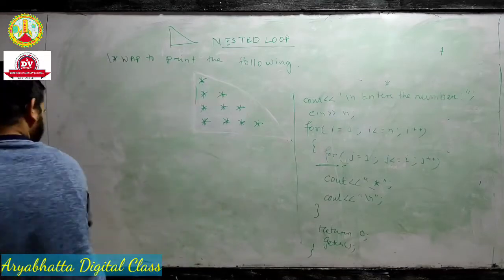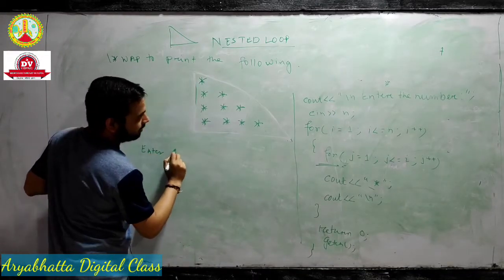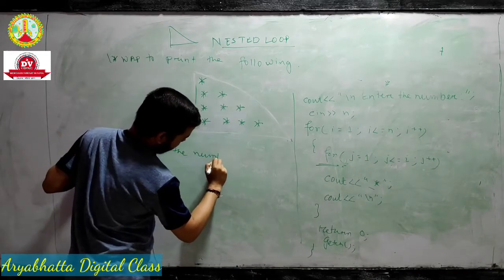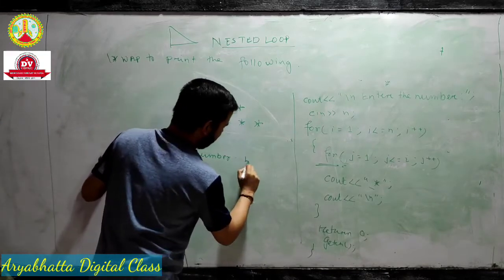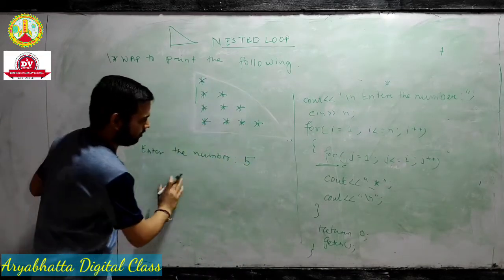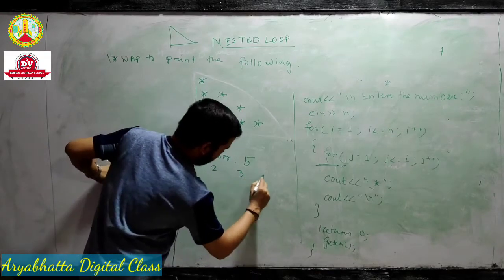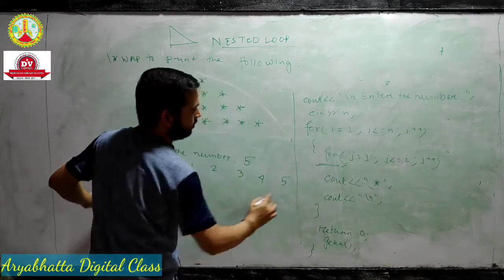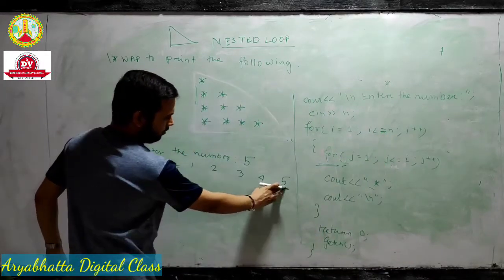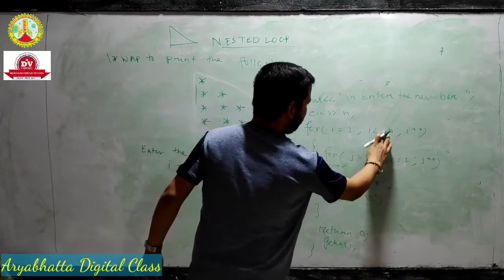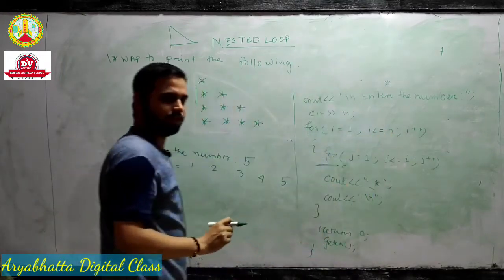You already know this thing, header file, main function. Okay, see carefully. Enter the number. Suppose we take 4 or we take 5, any integer value. Then i will be 1, 2, 3, 4, 5 because it is less than or equal to n. Here is the equal sign, that's why we have to go to the last, 5. If we took only less than, it would stop at 4, but here we take less than or equal to n.